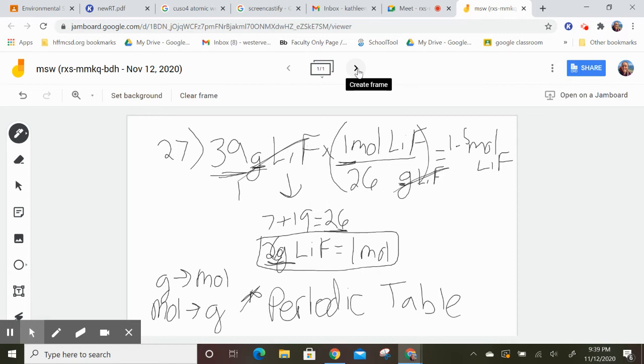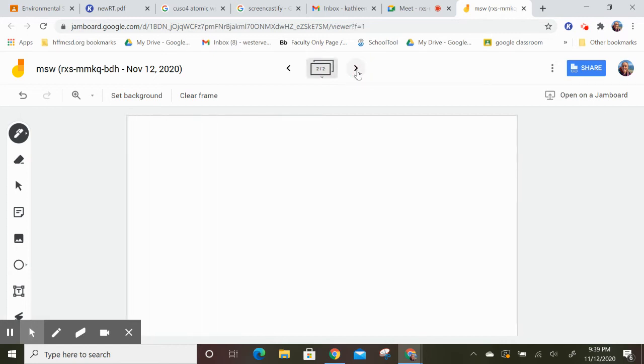Let's try number 29. So 29 asks you for the mass in grams of 2 moles of H2SO4. So what is the mass in grams of 2 moles of